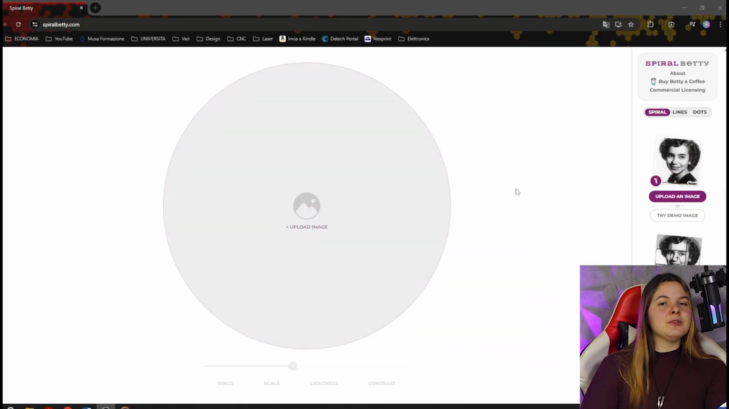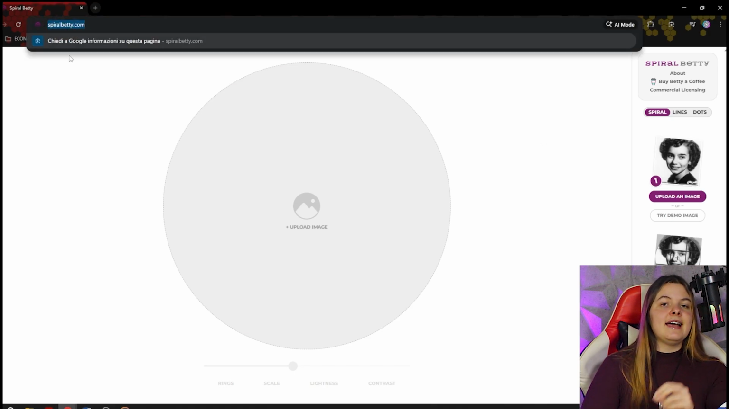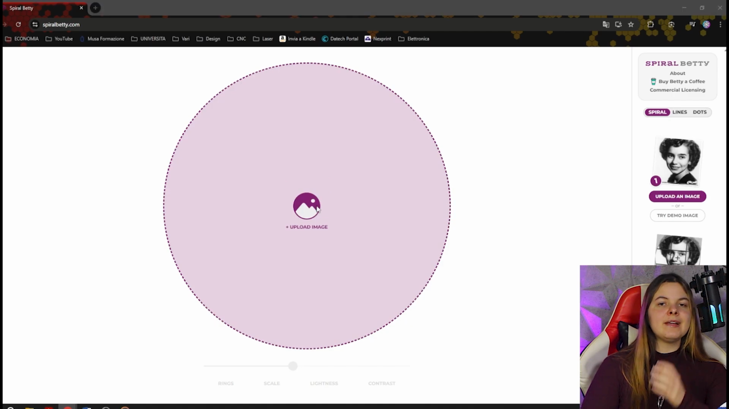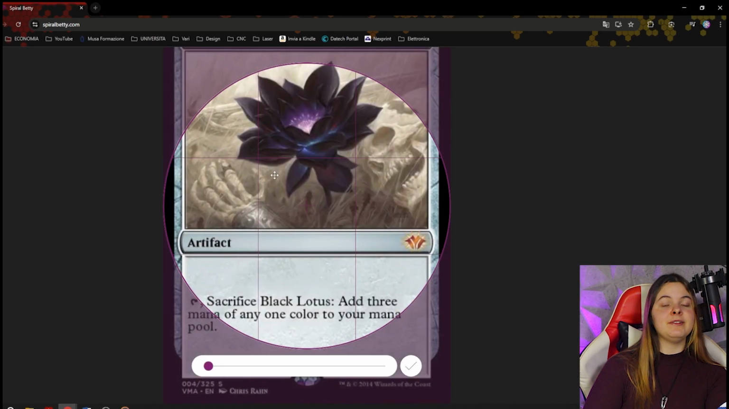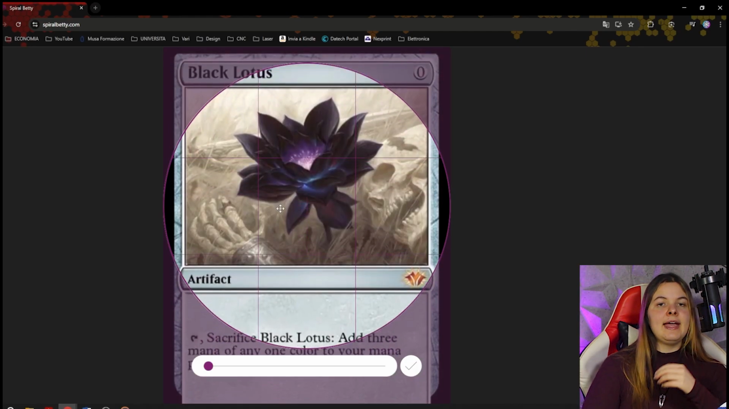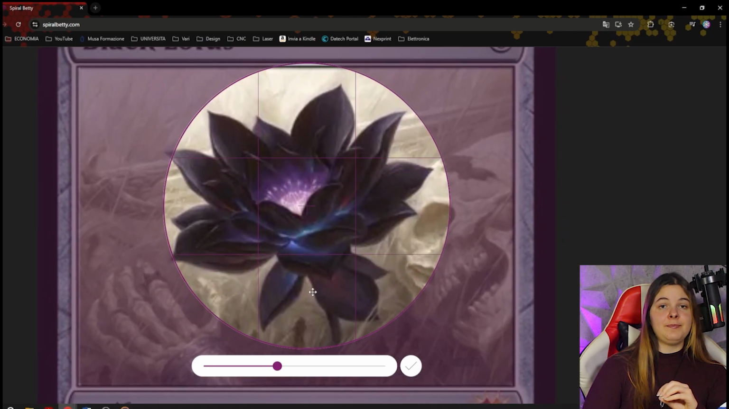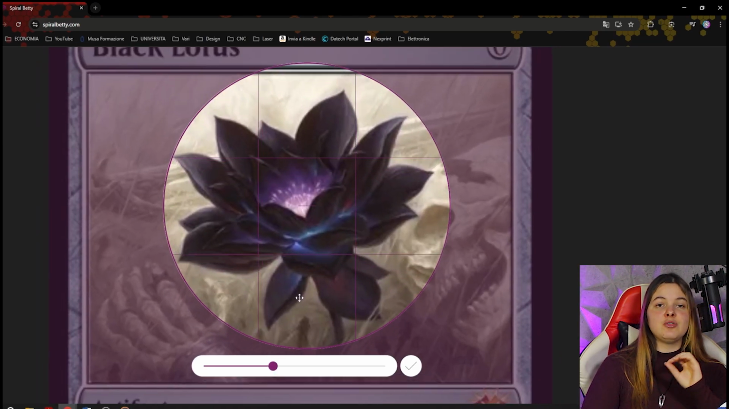Here we are at the computer to start this tutorial. I've already opened the website we're going to use today, which is Spiral Betty. As I mentioned, this is a completely free software for personal use and accessible online, as well as easy to use. To get started, all we have to do is upload the image we want to use for our print in this area. The site will process it and show us the adjustment screen, where we can change the image